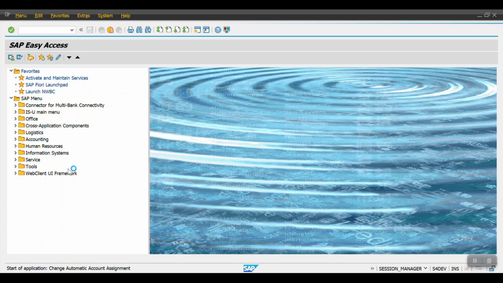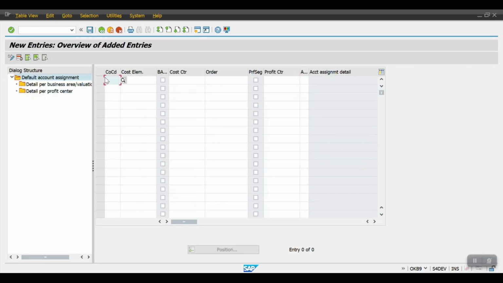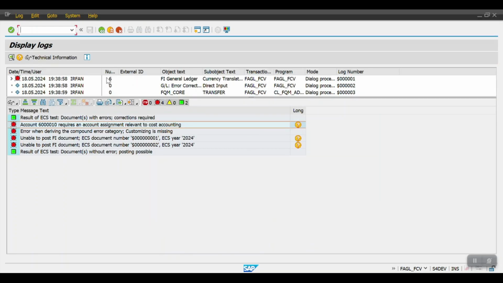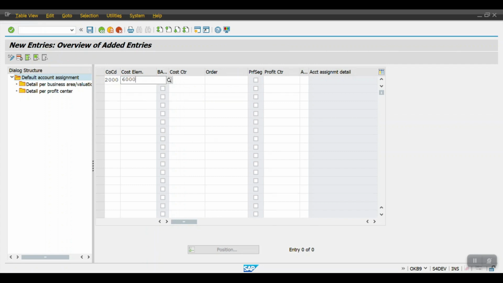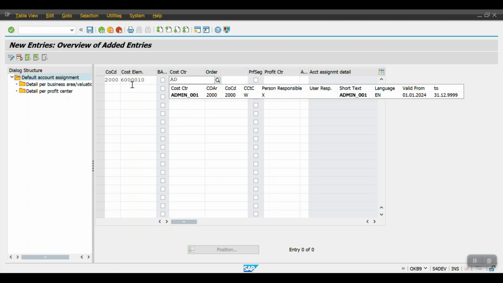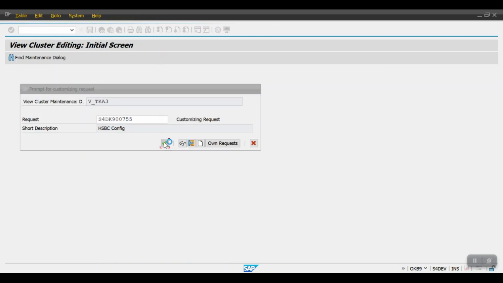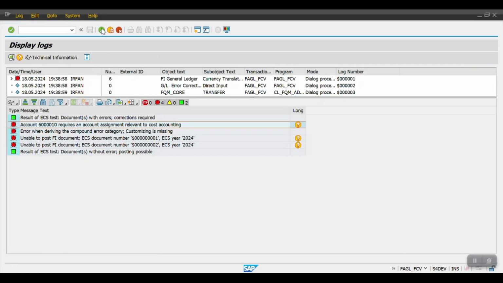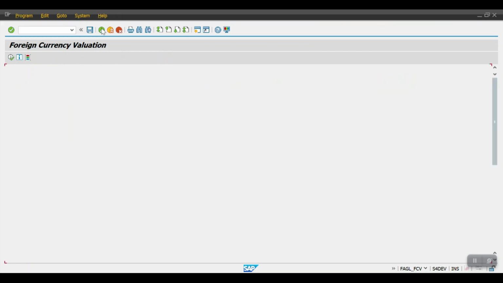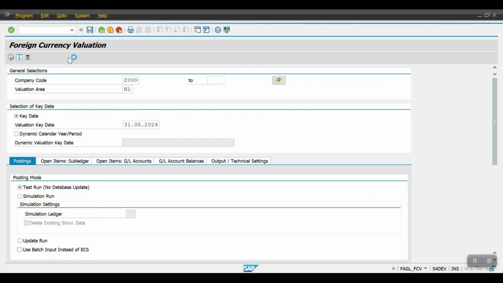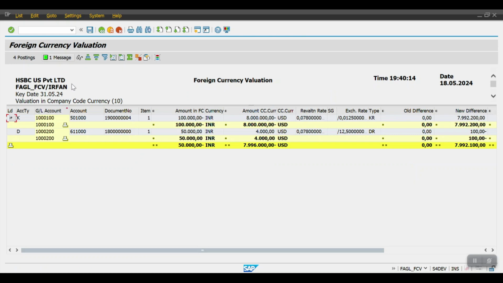OKB9. 2000, and my cost element will be 6 4 times 0 1 0, and the cost center I will be maintaining. Okay, admin, then save. Now go back, one more step back. Now click on execute again. Now we don't have any issues. Now see,